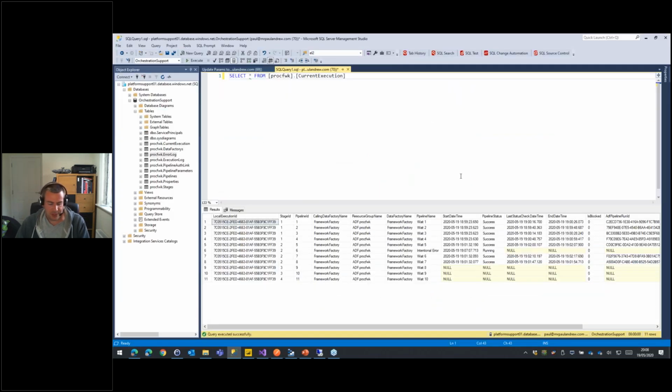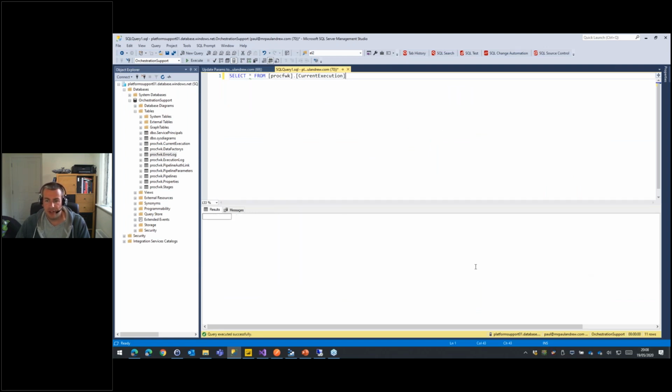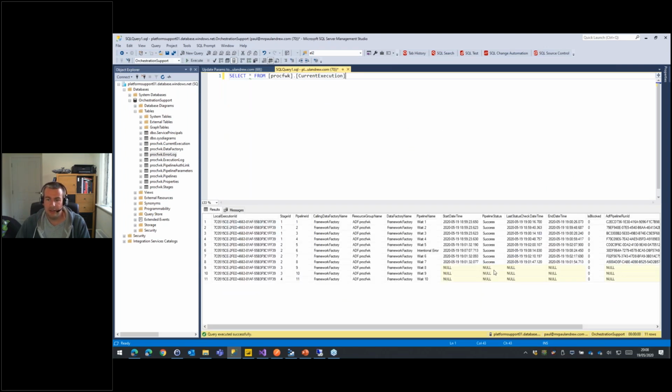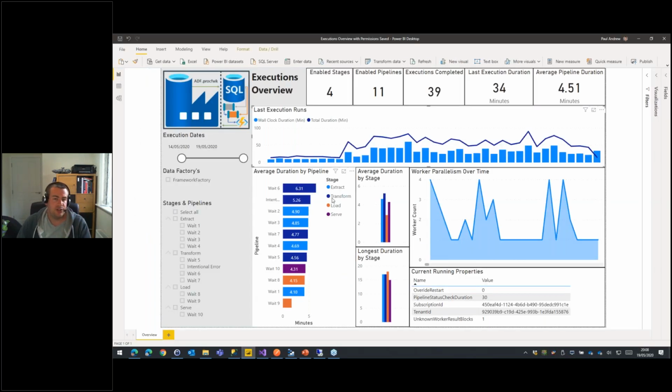Let's just do a refresh in the database. So yes, we have succeeded, the infant's returned, and we will break out into the other stages. I won't bore you with them finishing. What I'll do is I'll quickly wrap up and just say that in addition to the framework, I've created a